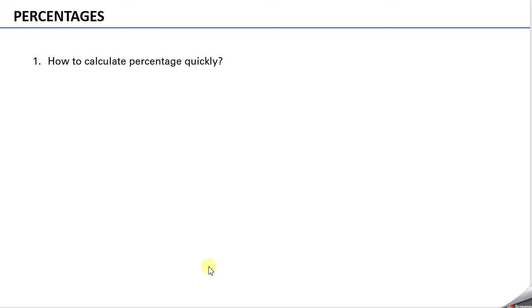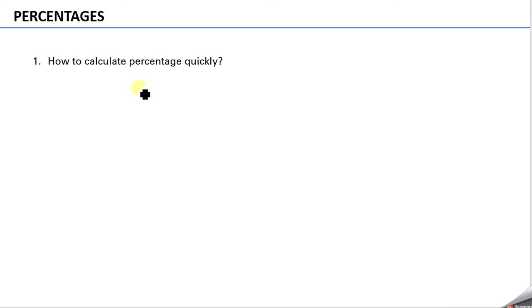So today we will be seeing how to solve problems on percentages and a few of the important concepts which will help us to solve the problems very quickly. Before going into the main concepts, let's look at how we know the percentage of any number. Many of you might already know this, but it's for those who don't, it's a very important concept.